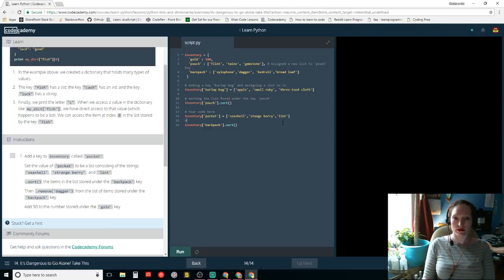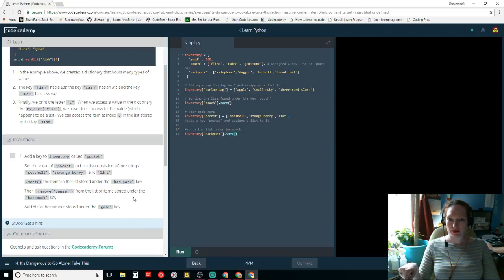Let's see what this is. Adds a key, pocket, and assigns list to it. This one sorts the list found under backpack. Oops, caps lock. There we go.